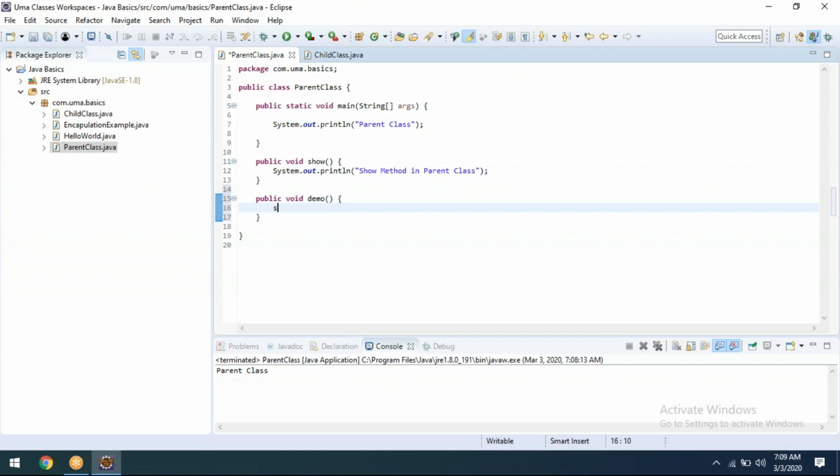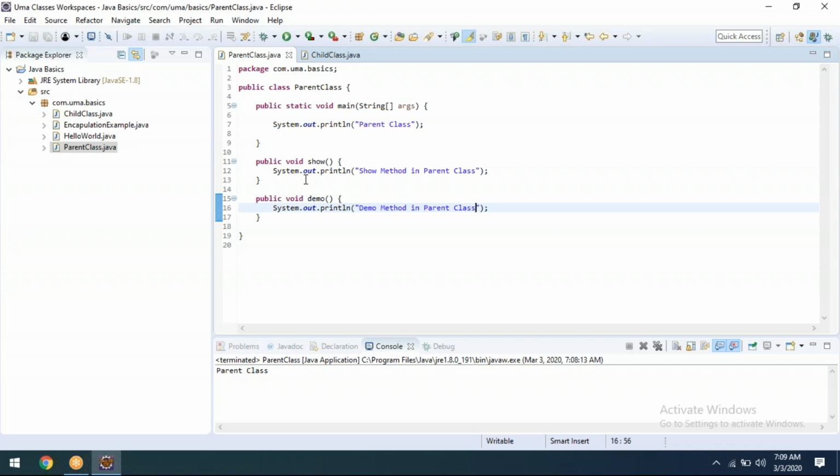Here I'm going to put System.out.println of demo method in parent class. I'm just writing the class methods.